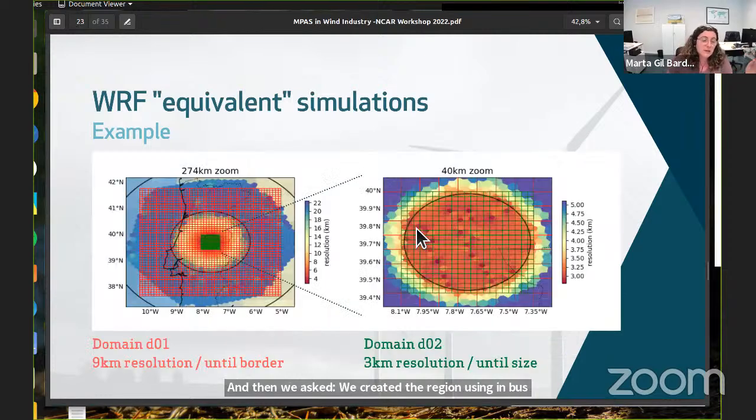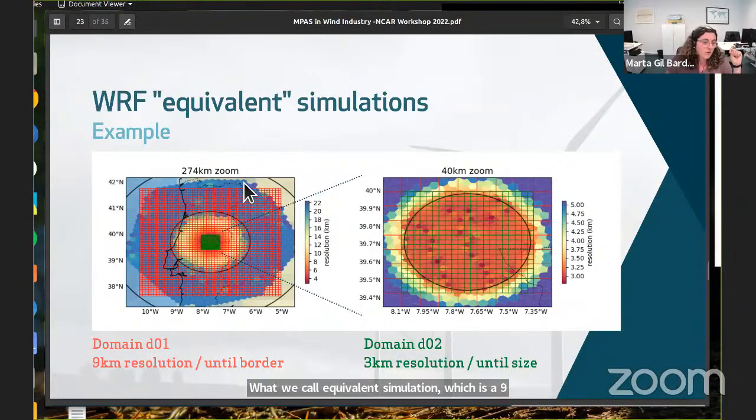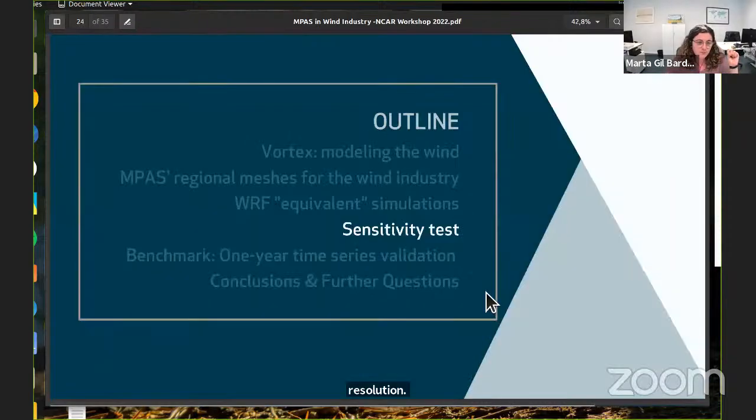Once we have this MPAS mesh, we generate the equivalent WRF domains, what we called equivalent simulation, which is a 9-kilometer domain, which is going to cover more or less the area of the full MPAS region, and then a high resolution 3-kilometer domain that is going to cover the inner circle of the MPAS mesh. Once we have this, we